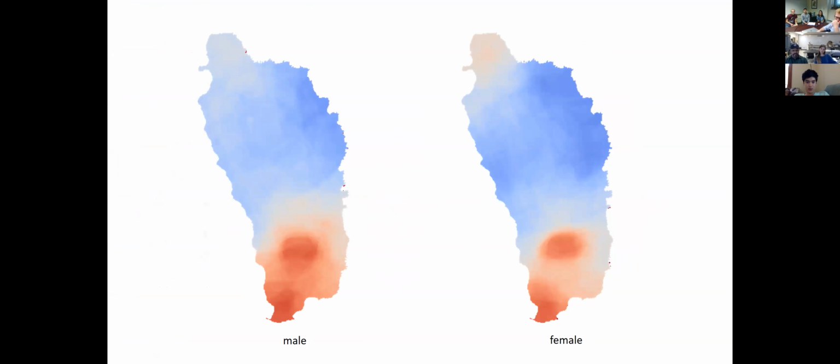So this was an example of slicing through the data in one way. This is the male versus female aggregates. There's some interesting data noise that I've noticed at the very top of the island. There's a significant little red piece here that I'm not sure what's caused by, and there's a stray pixel there. I'm not exactly sure.